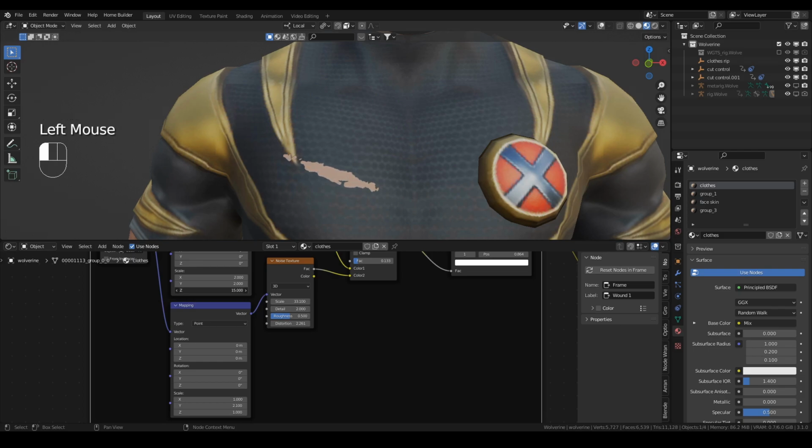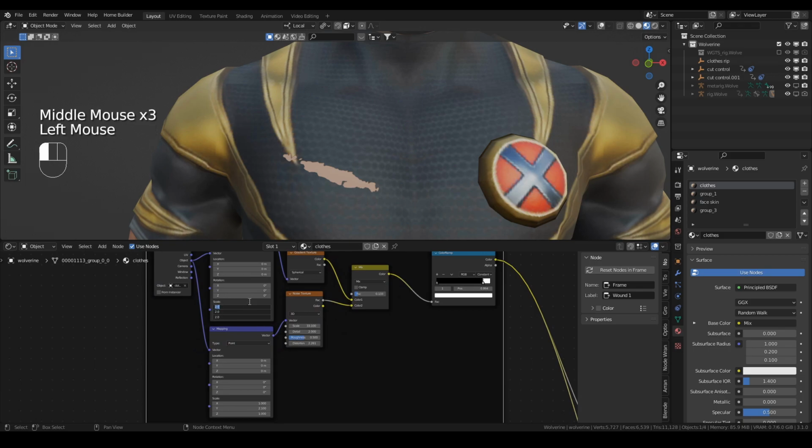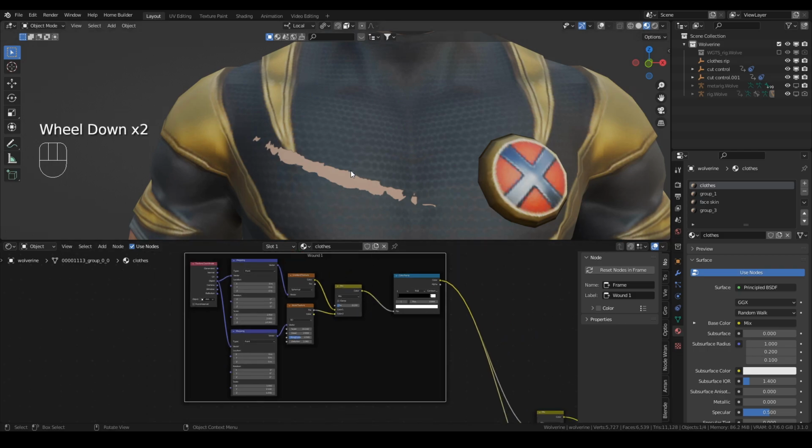Try and make it look more like ripped clothes. Let's set these on like 1. Yeah, all right, something like that. Looks pretty good. Okay, so then I just repeat the same process as before, but I need a new empty